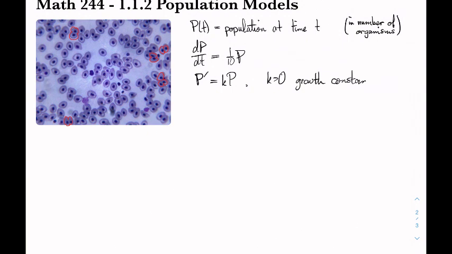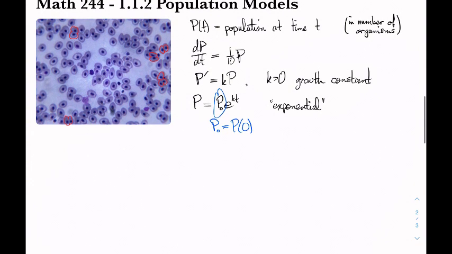Okay, we will see later that the solution to this differential equation is that P looks like some constant times e to the kt. And so because of that, it's referred to as an exponential growth model, or sometimes a Malthusian growth model. And this constant P naught right here, this is the amount of population that you start with. So the initial population, or more generally, we refer to the value of the dependent variable at time 0 as an initial